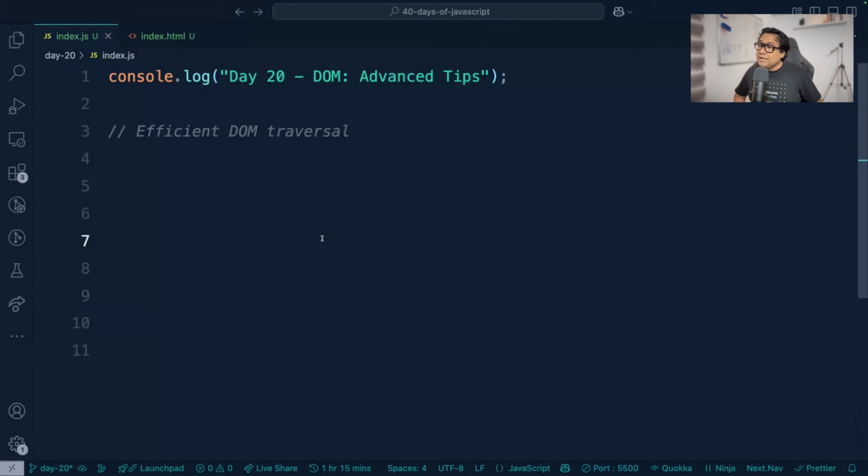So the first thing is about efficient DOM traversal. We have learned about DOM traversal, right? DOM is like a hierarchy: from parent to child, from child to parent, from one sibling to another sibling you can traverse. But you have to really utilize the optimal way of doing DOM traversal, because for a complex DOM structure, DOM traversal is always costly. I have already told about a few properties and methods through which you can traverse through DOM in a